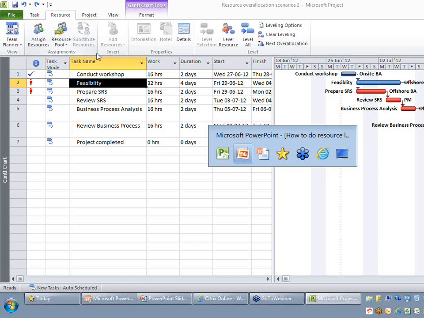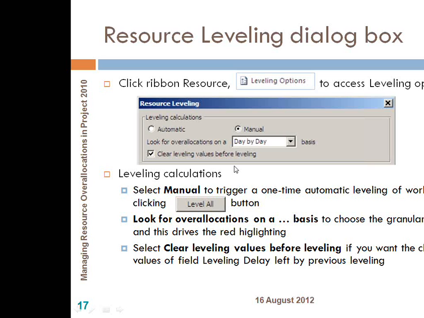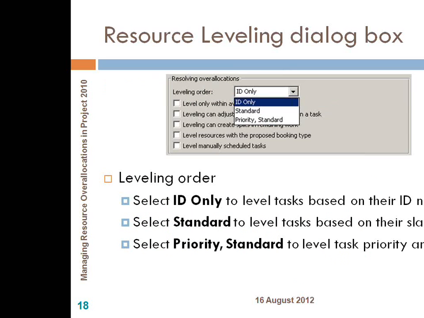Just to summarize what I've discussed, you need to go to the resource ribbon, that is, the leveling options, where you can go for either automatic or manual. When you say manual, please remember you are doing a one-time operation. The second option we discussed is leveling for a specific period. And the last one is the priority, which I discussed, ID